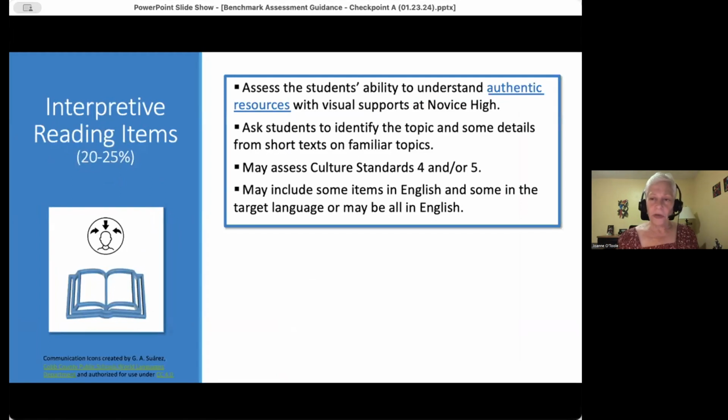So at this point, we're going to take a closer look at each one of the communication standards, the items that would be associated with those, and the types of items that one might create in association with a given skill. So here is interpretive communication with the skill of reading. Again, 20 to 25% of the assessment. The guidance tells us that you are to assess the student's ability to understand authentic resources with visual supports at Novice High, and ask students to, as per our performance indicators, identify the topic and some details from short texts